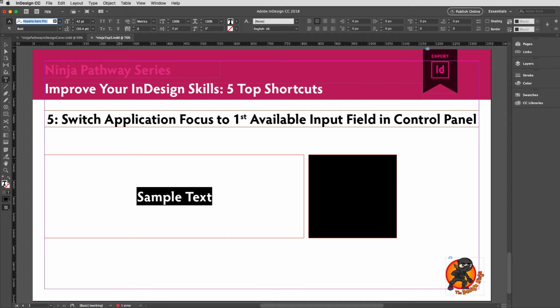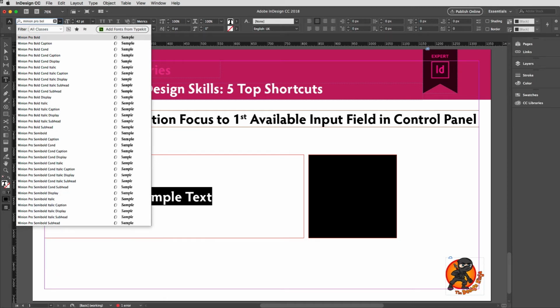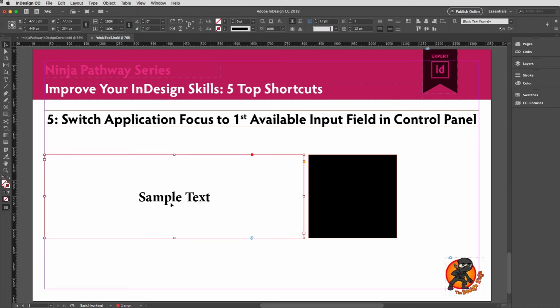Type whatever it is. So I'm going to type Minion just here, for example, and then maybe just do Pro Bold, like so, hit return. That changes so quickly. And you can tab through the other available fields. You can also do that with objects. If I just escape the text there and click on this shape, Command 6 gets me through to the X